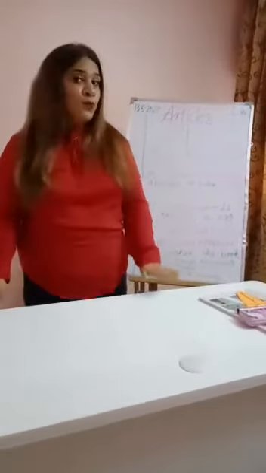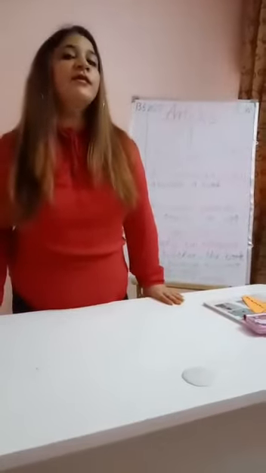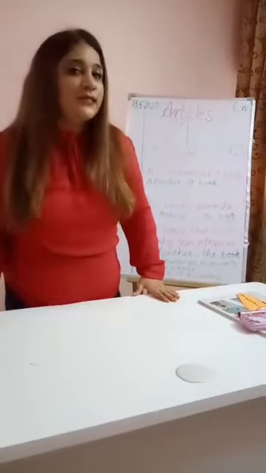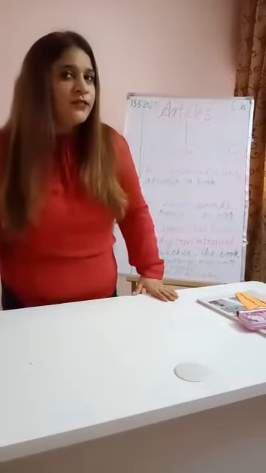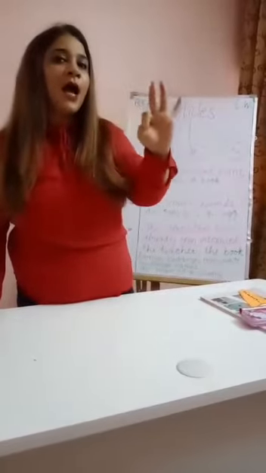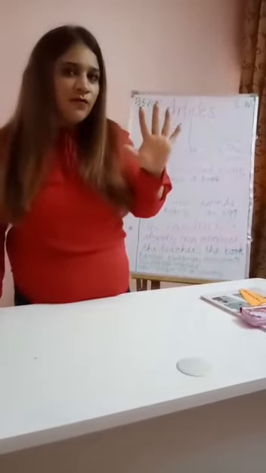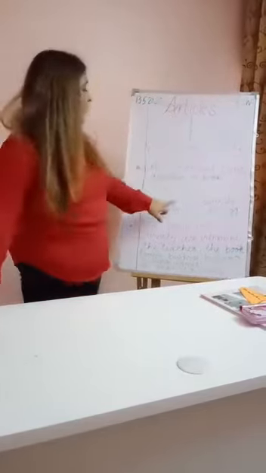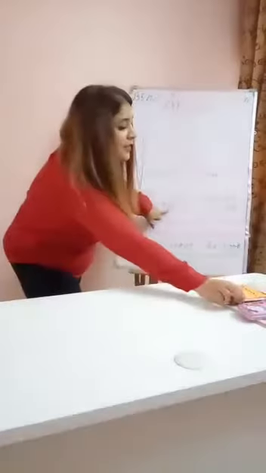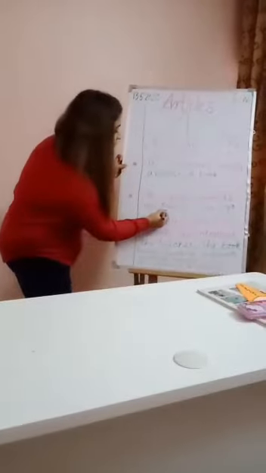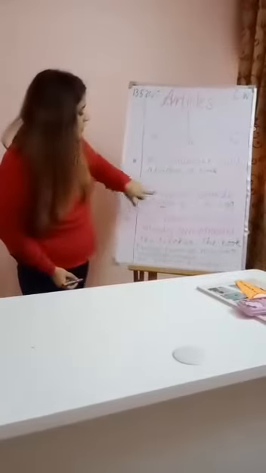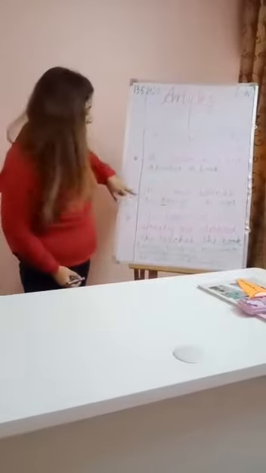Do you people know the different sounds in the English alphabet? As you all know, in English we have 26 letters, and out of 26 letters, 5 are vowels. What are they? A, E, I, O, U. These 5 are called vowels. So with vowel sounds, we use an. For example, orange. Can you see the word orange starts with O, and O is a vowel sound. So with a vowel sound, we always use an orange.